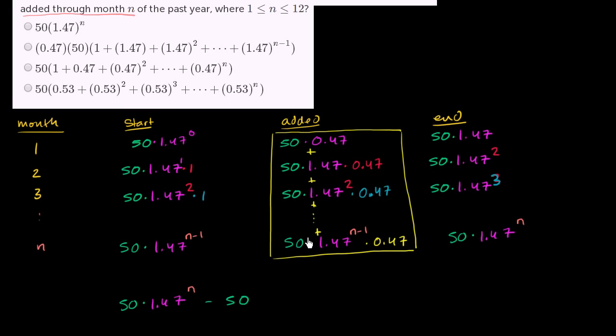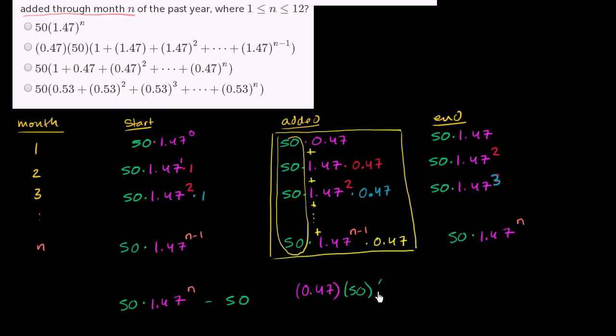What are some common factors that we see in all of these? Well, they all have a 50, and they all have something being multiplied by 0.47. So let's factor out a 0.47 and a 50. If we were to sum all of this up, it's going to be 0.47 times 50 times